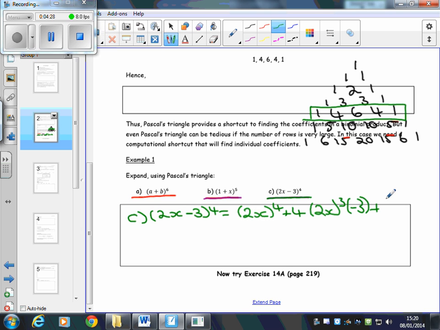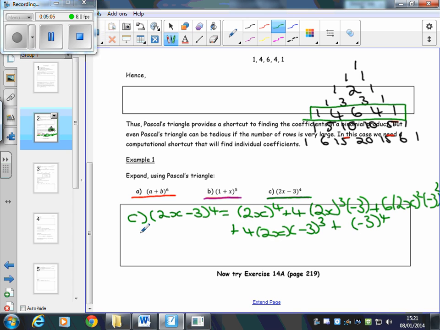Plus 6 lots of (2x) to the power of 2, minus 3 to the power of 2. Plus 4 lots of 2x times (minus 3) to the power of 3, plus (minus 3) to the power of 4. So again, each time the power of 2x is being decreased by 1 and the power of minus 3 is being increased by 1. So expanding out these brackets